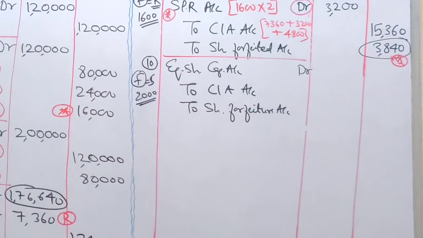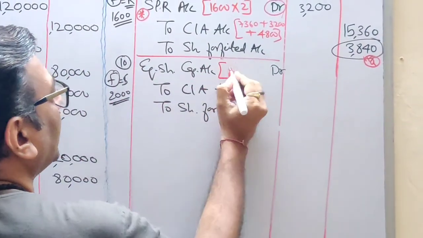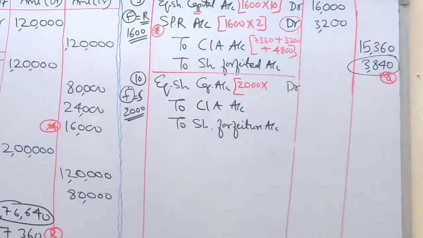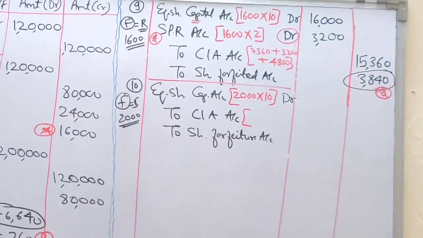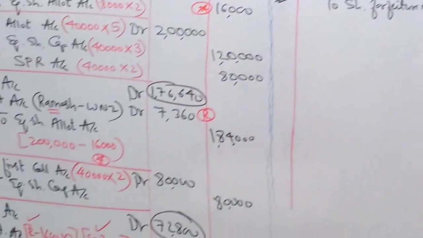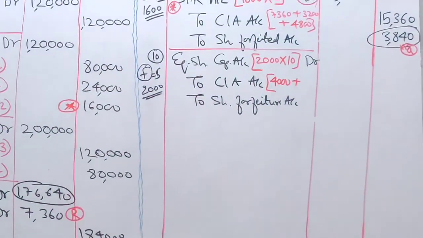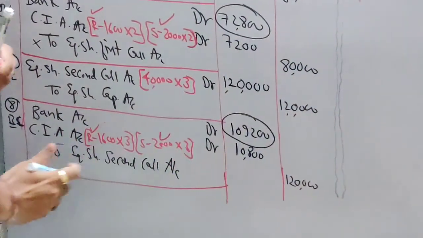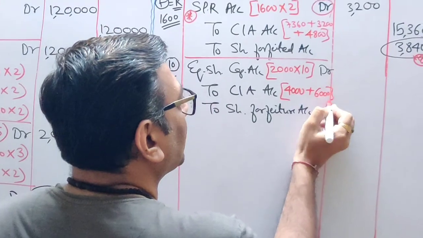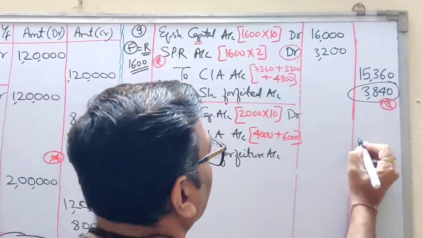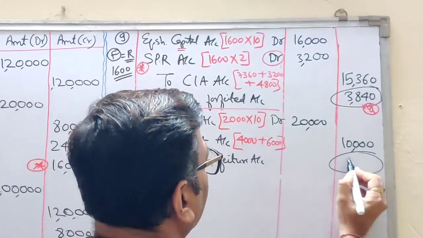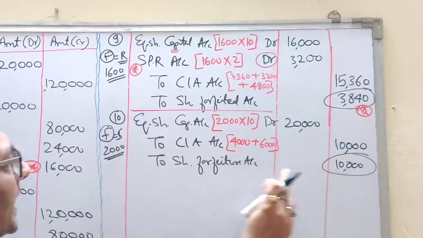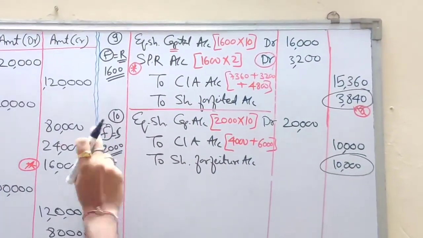Now let's write down the working. Capital account, you will multiply 2000 shares with the face value, called up value, 10 rupees. What is the arrear amount? You have to add. See, this is Suresh ka arrear 4000, 2000 into 2, 4000 plus this is Suresh ka arrear 2000 into 3, 6000. So what is total arrear made by him? 10,000, and 2000 into 10 is 20,000. So what is the balance amount? 10,000. This is again a balancing figure. This is the balancing figure you got in forfeiture.